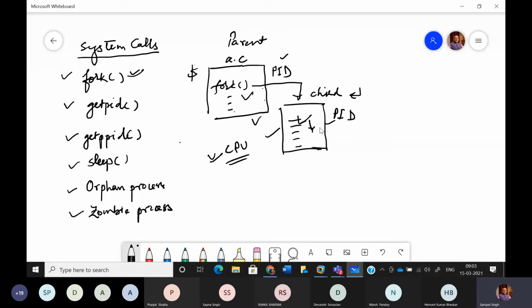But at both places, in the ready queue or in the wait queue, it was waiting for its turn so that next time it can get the CPU and complete its execution. So we term the entire time apart from the CPU as wait time only, irrespective of whether the process is waiting in the ready queue or in the wait queue. At both places it is in the wait state.